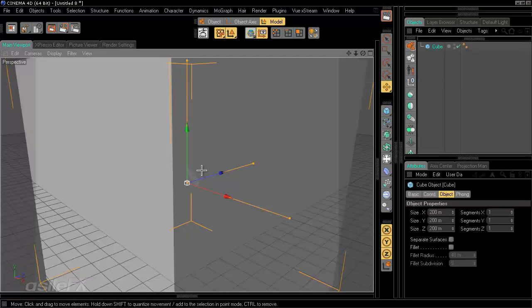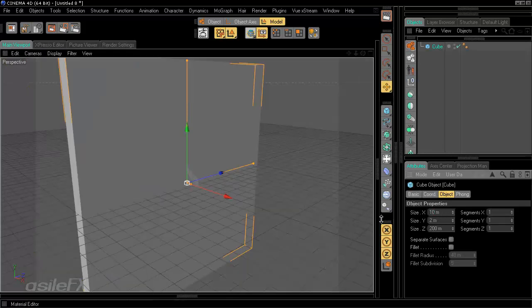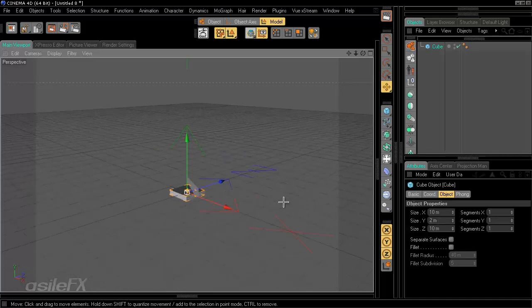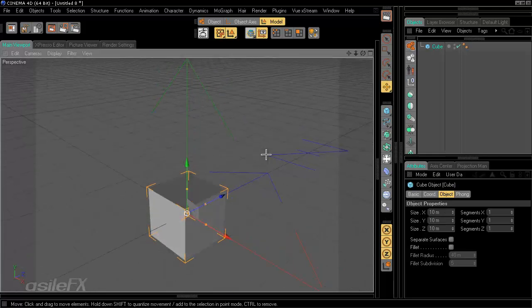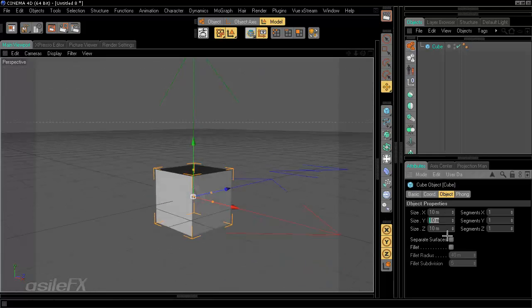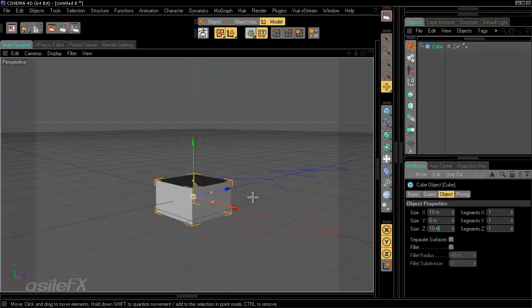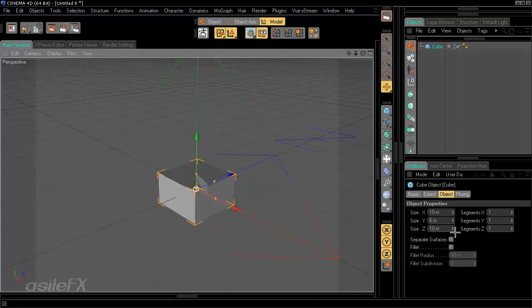So I want to start by adding in a cube object to the scene, and I'm going to create just a basic size here. We're going to start with 10 meters, and actually we'll go ahead and bring down the Y to 6 meters. So we have 10 by 6 by 10, and we don't need to have any segments